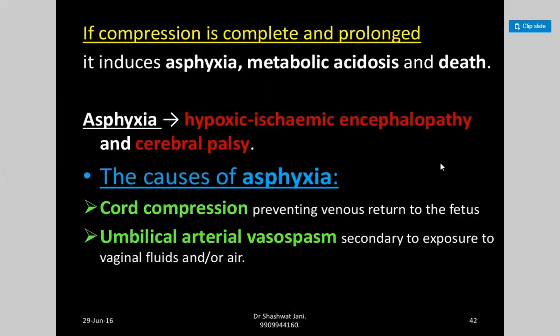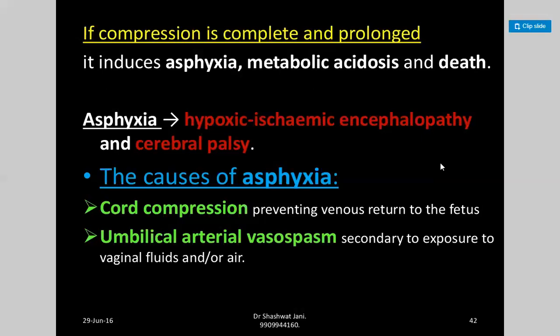That is the hypothesis. And the cause of asphyxia is cord compression, because obviously the cord gets compressed, preventing the venous return to the fetus. Why is venous return problematic? Because the cord gets compressed. And why are veins important? Because veins carry the oxygenated blood, the opposite of arteries. So definitely the requirement of the fetus is not met, and it leads to encephalopathy and